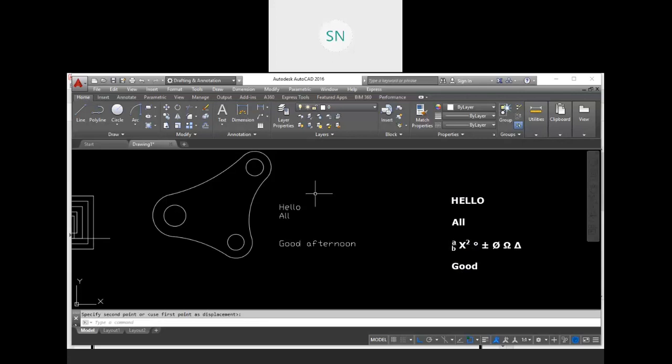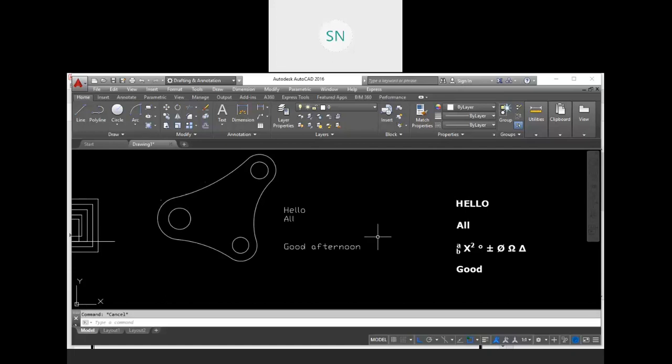Second difference, in simple text we are not able to change the text style, text height, and other things. In multi-text we have a facility to change the text style, bold, italic, underline, other things we have, right? And also colors and all. So in the multi-text, you are getting more flexibility compared to the simple text.